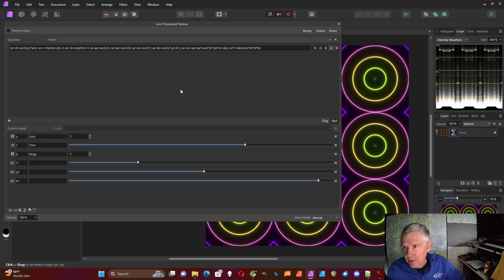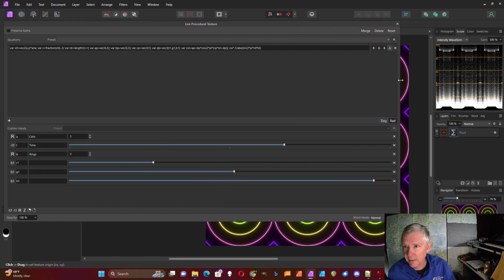The next part is to add a loop, and I can't do a loop in Affinity Photo with the procedural texture, but really there's only about 3 iterations of the loop, and so I'm going to do that instead. So I can just make 3 copies of my radius variable, 3 copies of everything else that I need to, and instead of doing a loop, I'll just make 3 copies of things. So that's how I'm going to fake my loop